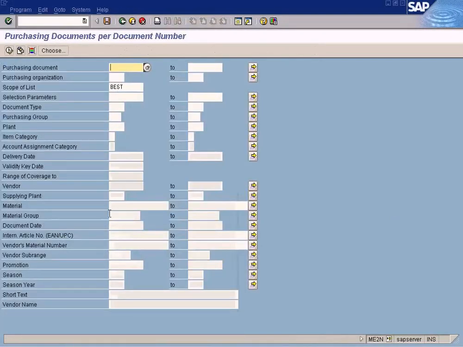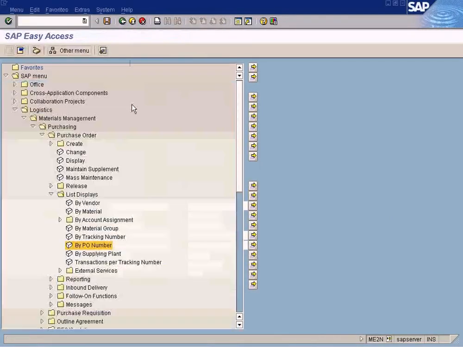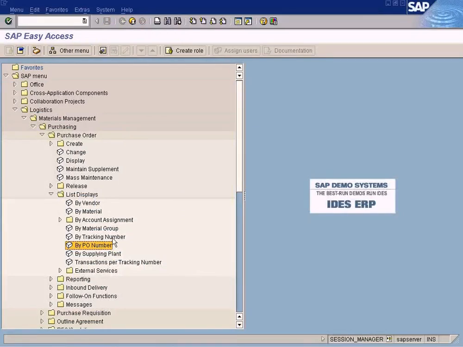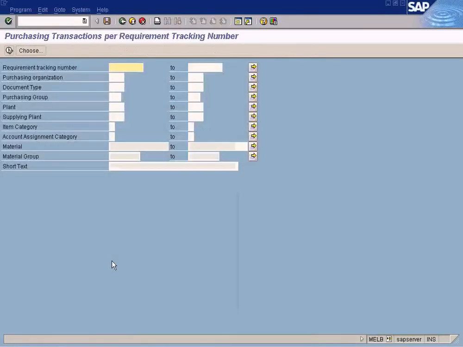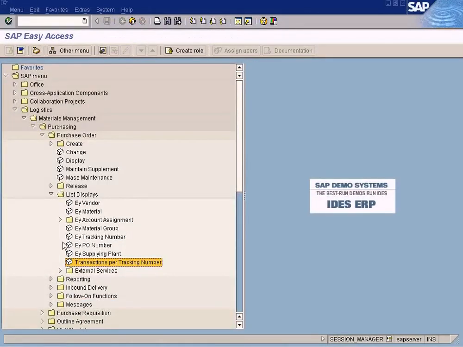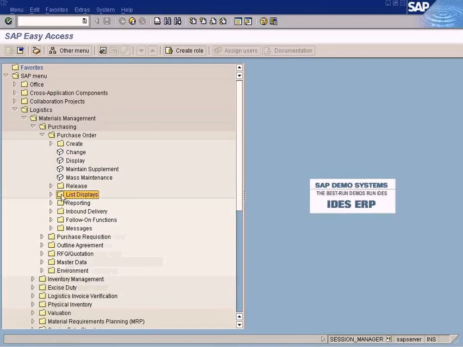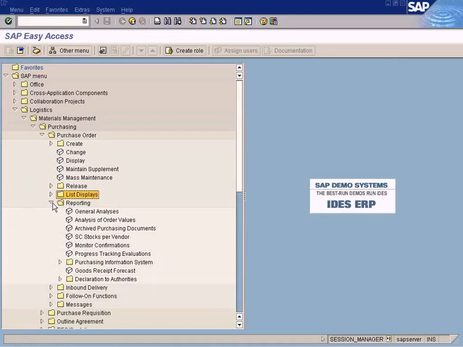And you can also filter by material group, purchase order number, transactions. Not sure what is that. Okay, these are the most important reports,